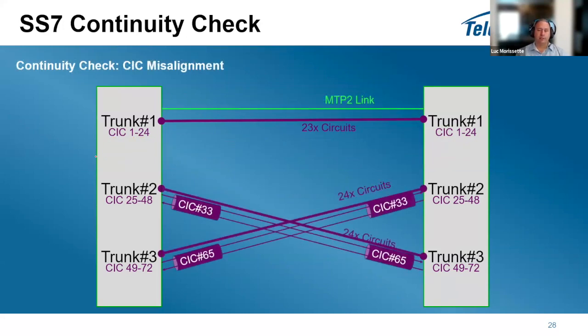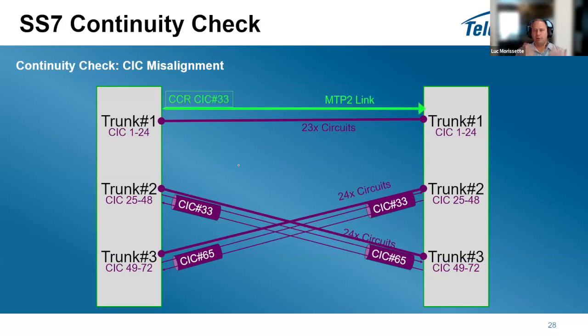And here I show you the example of if you made a mistake, right? So you made a mistake and you connected the wrong trunk end to end. So for example, here trunk number 2, which has this CIC value, is connected to trunk number 3, which has this CIC value. So the ISUP upper layer thinks it's matched here, right, end to end, but physically you have connected the T1s crossed. Right? And it's very easy to make those mistakes in a network because you have all these dispatch boxes you need to do, and it's easy to make those mistakes. So that's why it's a very good idea to do those